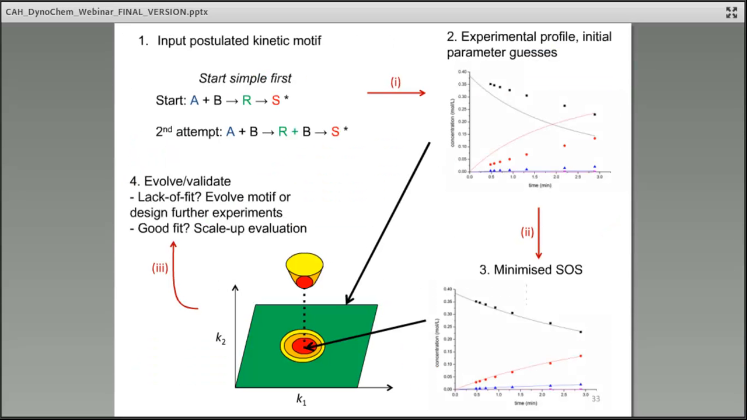So this is just trying to summarize the type of fitting approach. This I've adapted from a previous DynoChem webinar. So what you do is you input your initial postulated motif. And the good thing about DynoChem is you don't need to solve or come up with any of the maths. You can just input your idea of what you think is occurring. So you can just use a simplified type of motif, I think molecule A is reacting with molecule B to form my product, but I think my product might be decomposing, and that type of approach, rather than get bogged down with